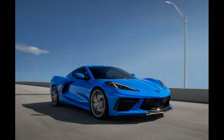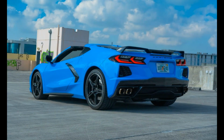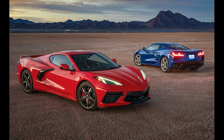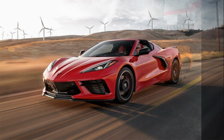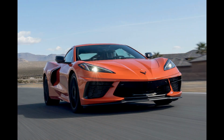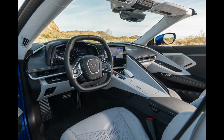The exterior features more aggressive aerodynamics, including larger air intakes and prominent side scoops. A trunk is located at the rear, with additional storage space at the front of the car. Combined, these provide 13 cubic feet, 370 L, of cargo space, 2 cubic feet, 57 L, less than that of the C7. As a result of the switch to a mid-engine layout, the passenger cell has been shifted forward by